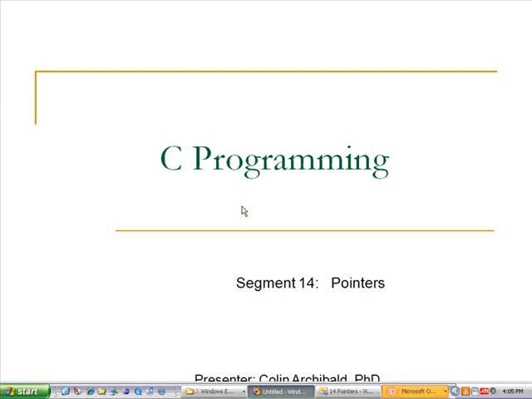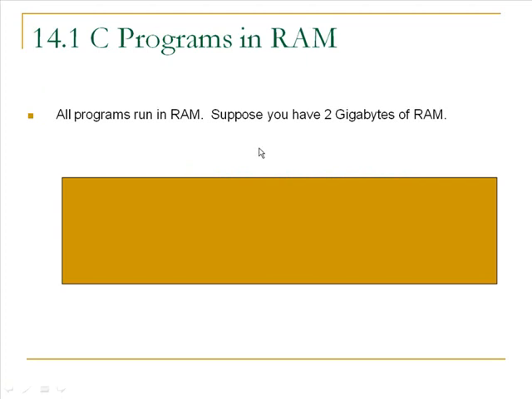Okay, this is the discussion of pointers in the C language. Let's start out by thinking about C programs running on our computer, and we think about the RAM that we have. So suppose you have in your machine 2 gigabytes of RAM. This orange box is a picture of the RAM in your machine, and each byte of those 2 billion bytes